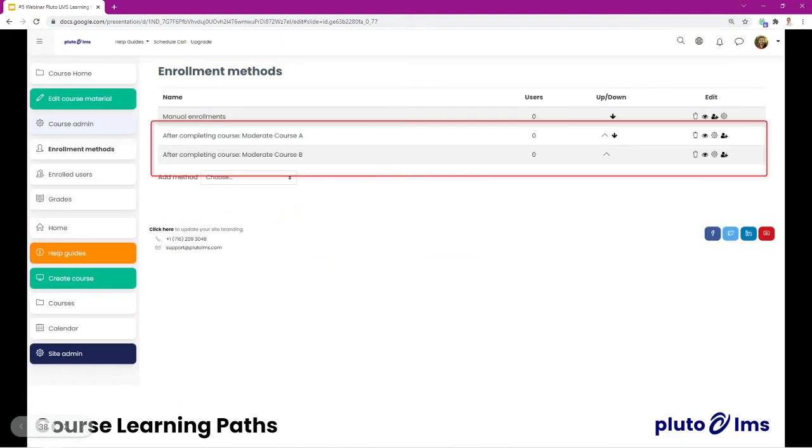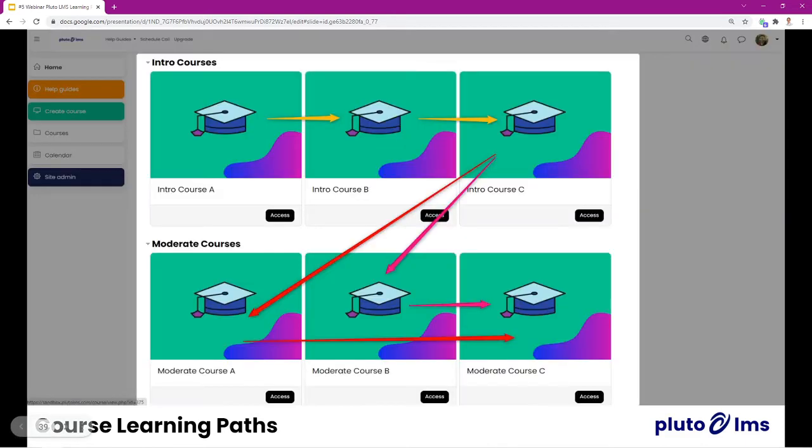And what we see now is we're in Moderate Course C. Remember, in our enrollment methods, we have our two methods over here, namely after completing Moderate Course A and after completing Moderate Course C. And that will show us that we've created our course learning path for these